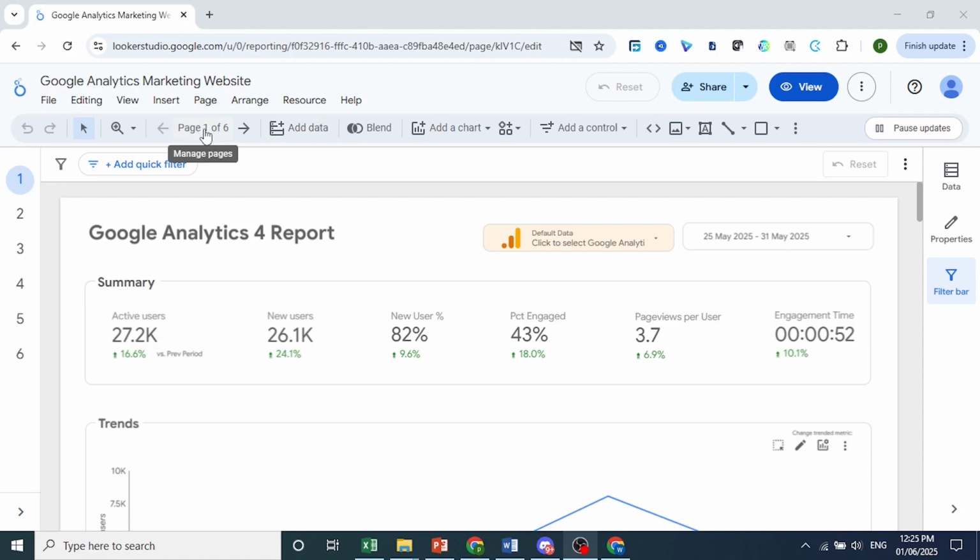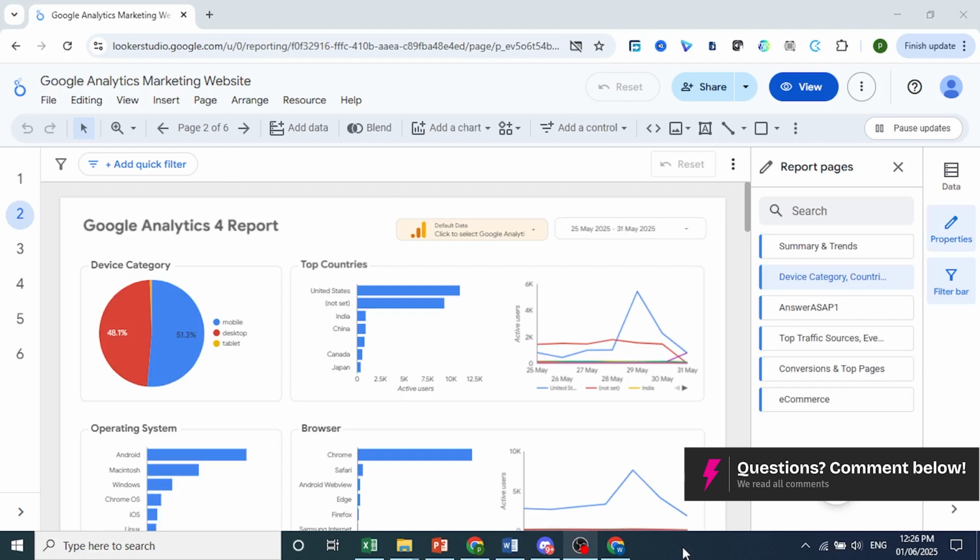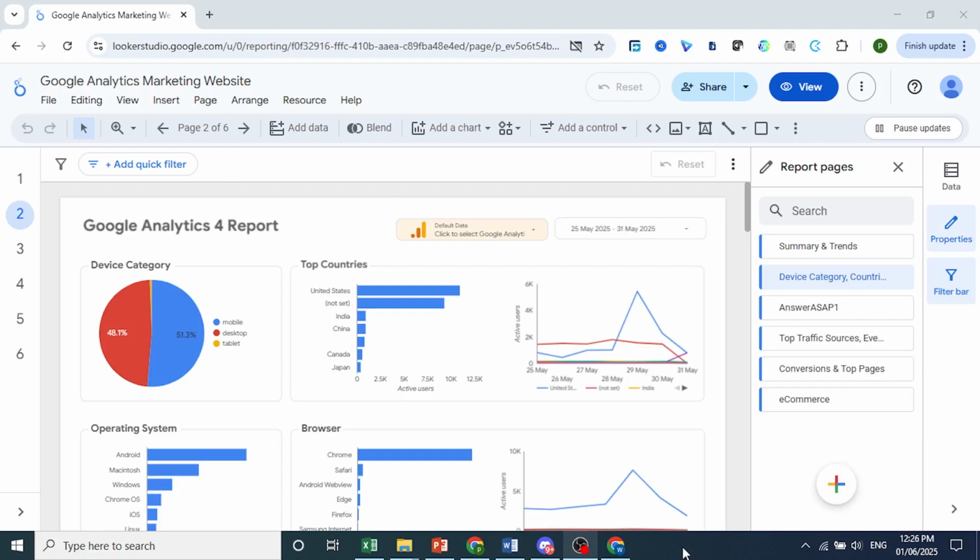So it says page 1 of 6. Just go ahead and click on this one. Okay, and it will open up all the pages here on the right hand panel. So now that we have this opened, all you need to do is, let's say I want to delete this